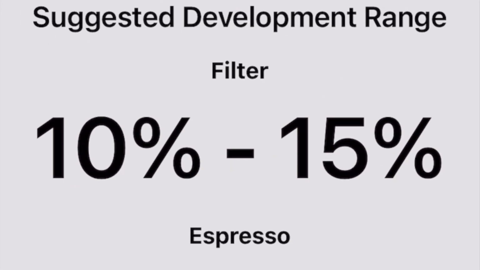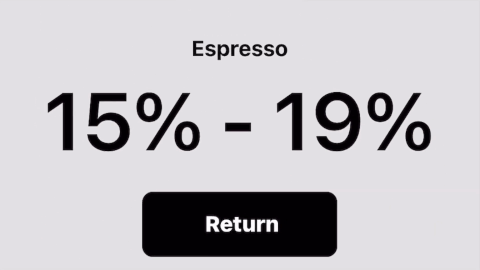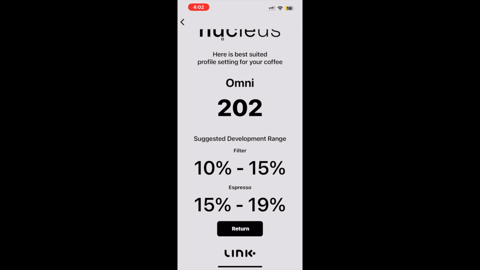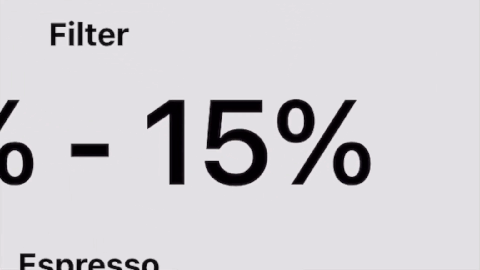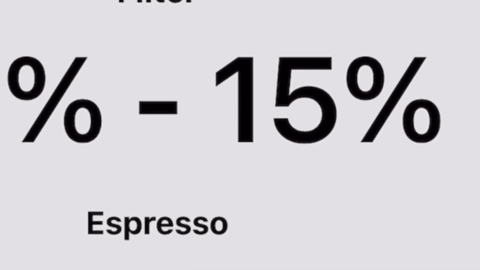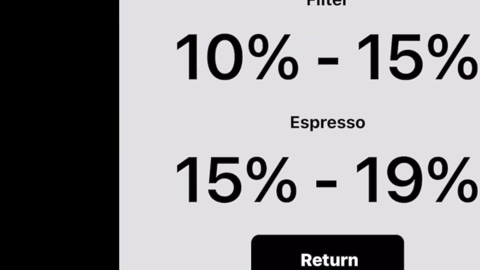First is a suggested range that will best suit your sample if you want to focus on a primary filter use from this profile pack. The second is a suggested range that will best suit your sample if you want to focus on primarily more espresso use from this profile pack. Lastly, if you want a true Omni roast for both espresso and filter use, you would set the development for your roast between the highest number suggestion of the filter range and the start number suggestion of espresso's development percentage range.